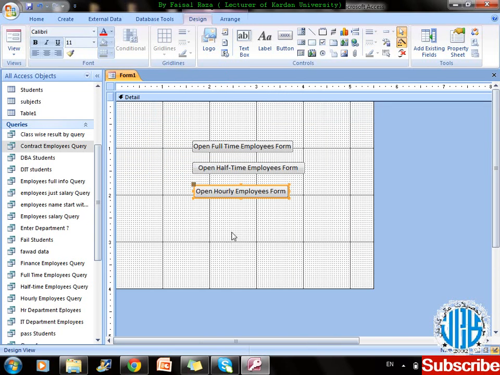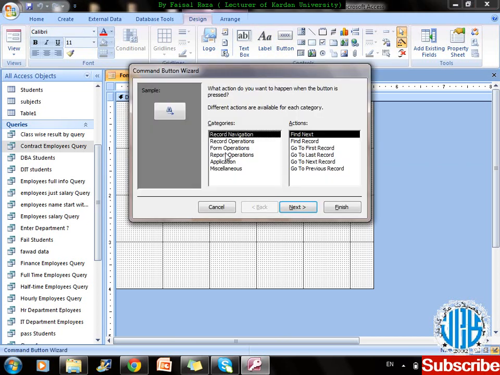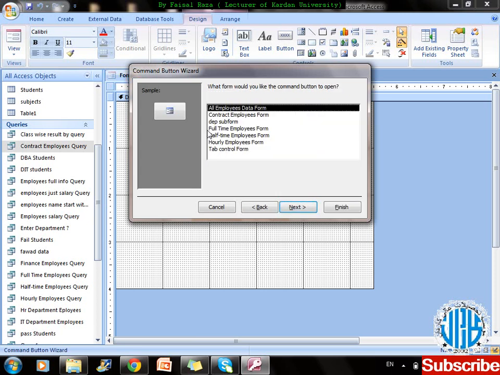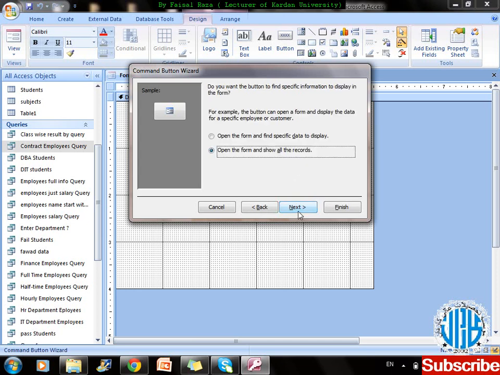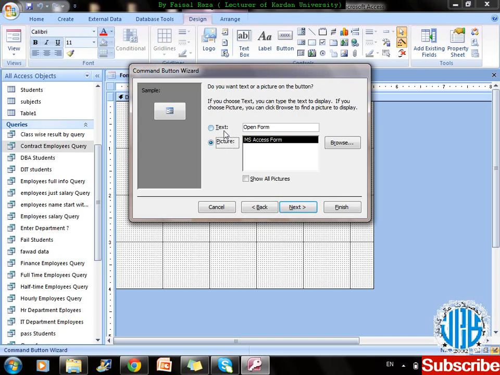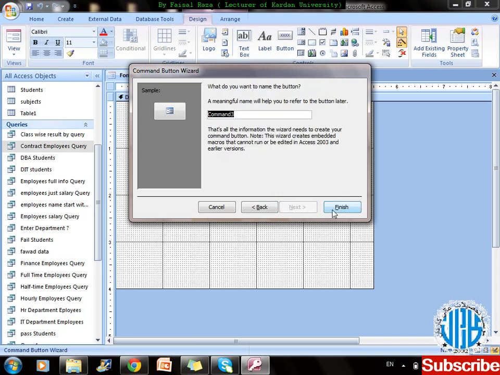Right now this form is also created. I'm going to create one more button and create a form for that button. Here this is go over form operation, form, open form, click on next, and that is a contract employees form. Is there or not? Click on next, and here next. If you're going to write text here, okay, if you miss the text,